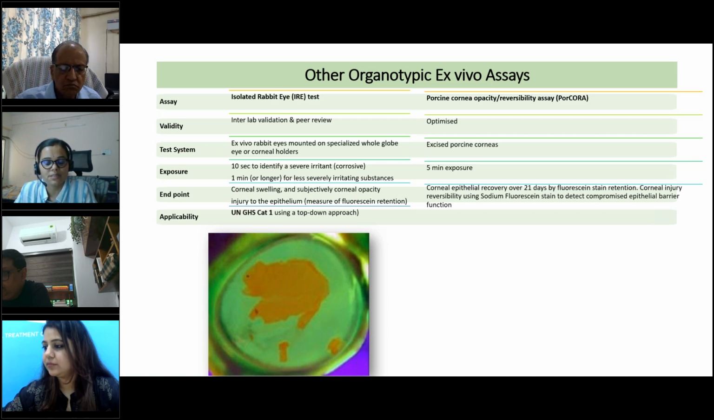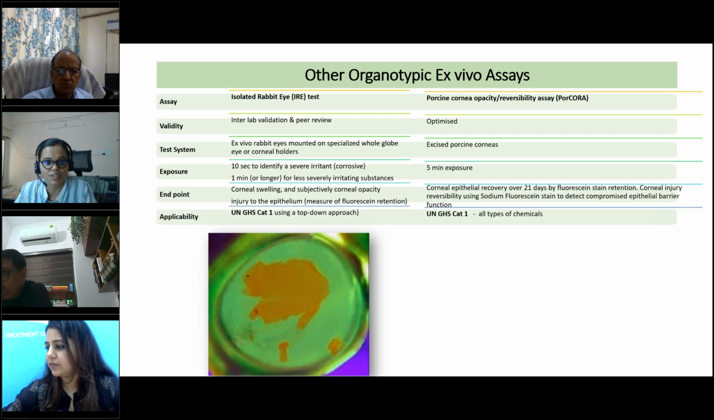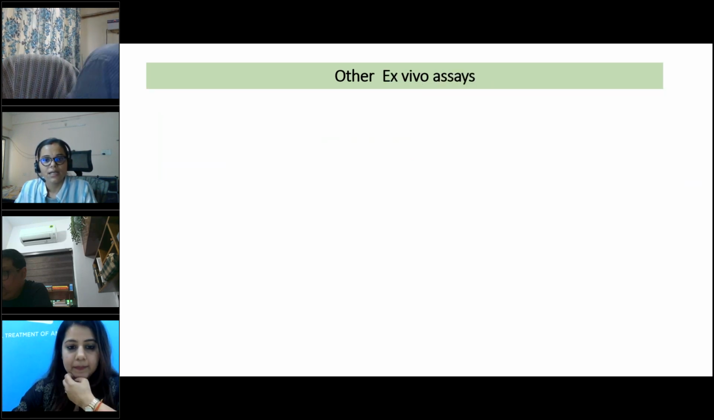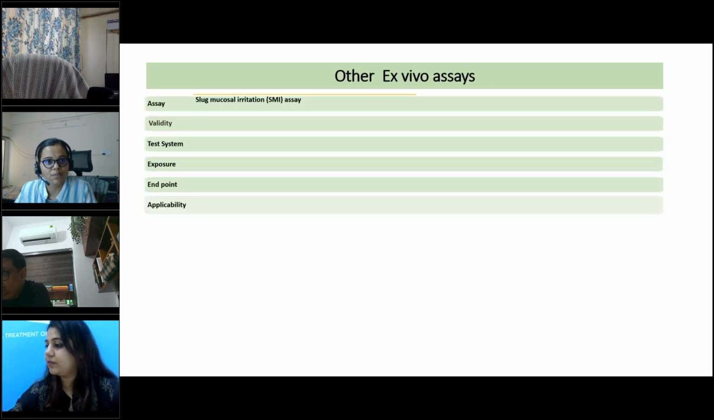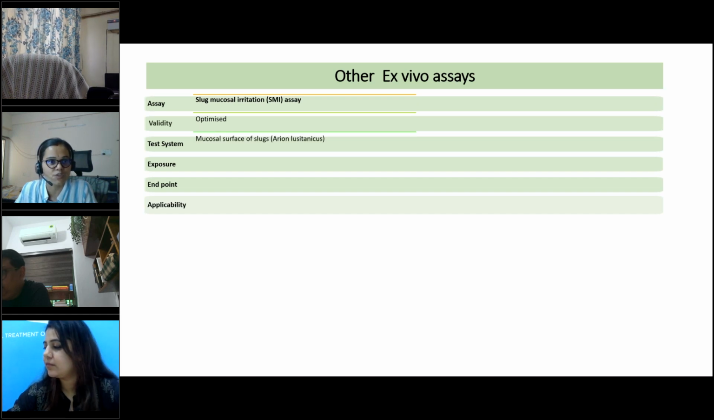Corneal injury reversibility uses sodium fluorescein stain to detect the compromised epithelial barrier function. This assay is used to categorize UN GHS category 1 with all types of chemicals. So this is another pictorial representation. And finally, other in vitro assays include the slug mucosal irritation assay, which is again optimized as an additional test for classification,